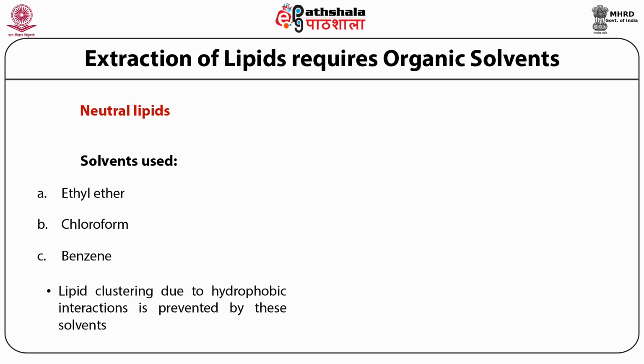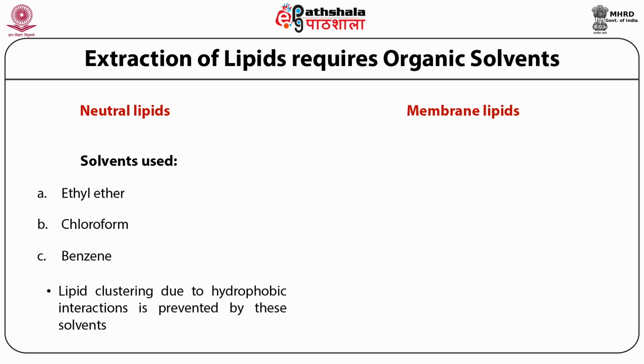If you are interested in isolating membrane lipids, now you have to remember that membrane lipids will also be interacting with the proteins that are intercalated into the plasma membrane. So when you're isolating membrane lipids, you need to ensure that the interaction between the lipid and the protein is also weakened, besides the hydrophobic interaction between lipid to lipid hydrophobic tails.